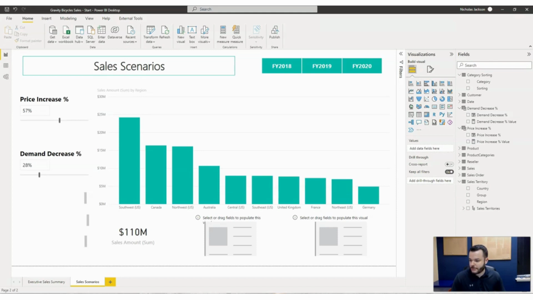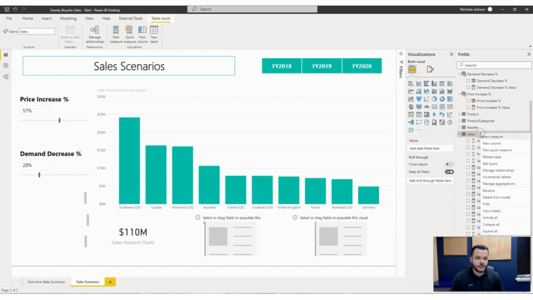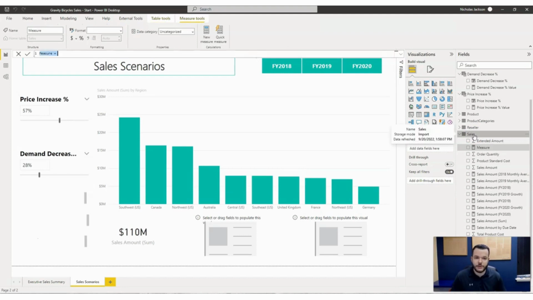So let us create a quick measure on this that will display exactly how much is going to be impacted by this parameter. So let's create a new measure in the sales table. Give it a second here. I will call this one, you can see we've got a lot of sales amounts over here already. I will call this sales amount with parameters. All right, and so this is going to be equal to,